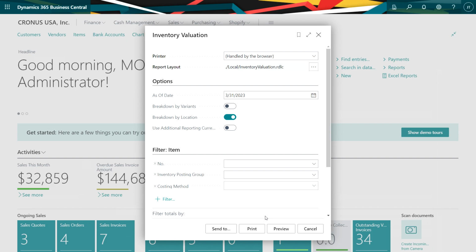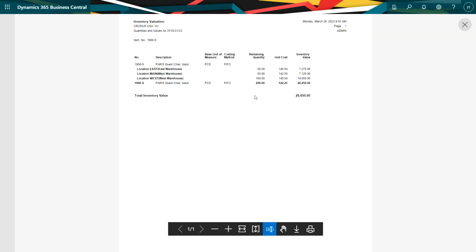Now let's look at the inventory valuation for this particular item. And you can see that this is my current available inventory for this particular item. And you can see that the receipt on the first PO to the west warehouse for 100 items had the additional landed cost. There's the current unit cost. And then for the 100 that I sent to the main warehouse, I had an additional invoice from another vendor for freight. I added that as a landed cost, and you can see that the unit cost here is